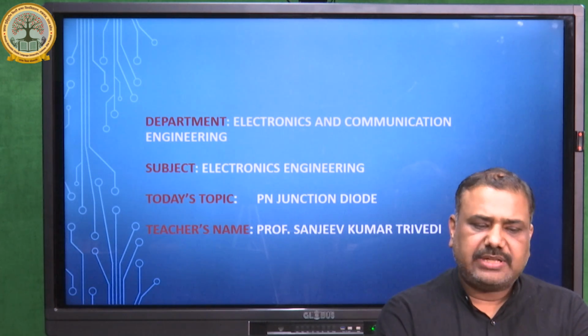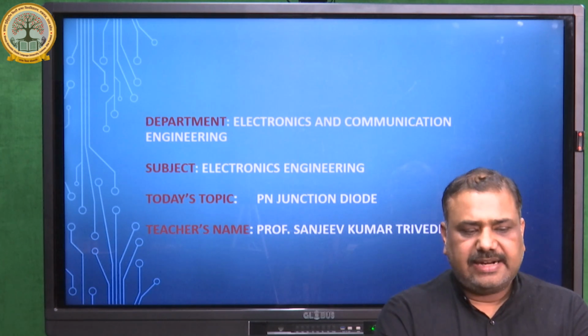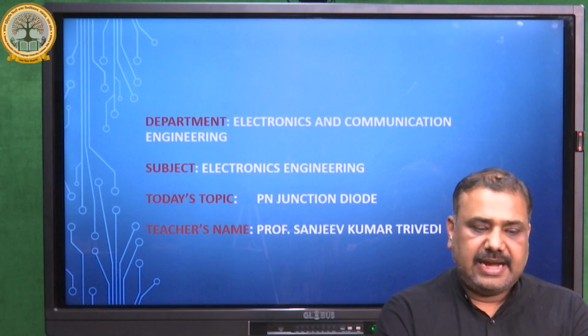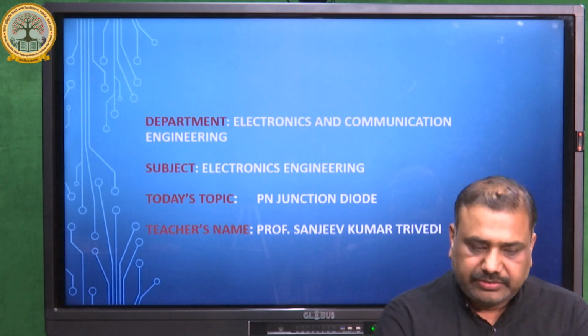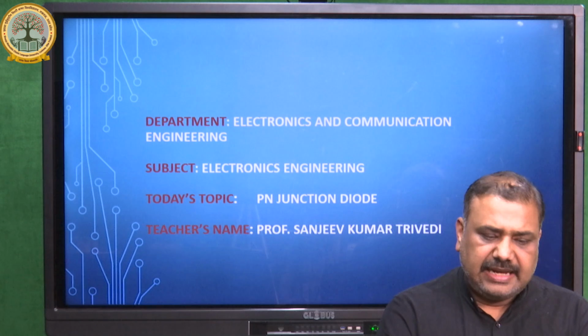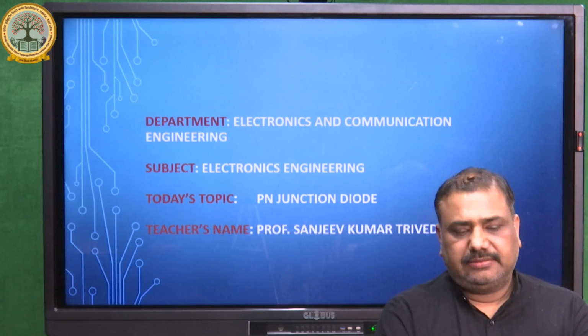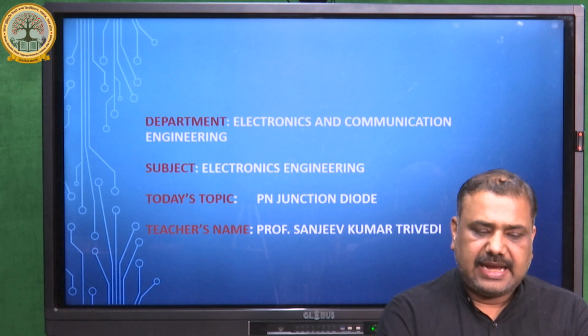Due to the space charge region on either side of the junction, an electric dipole is created, and due to the generation of the electric dipole, an electric field is created. Due to this electric field, an electron on the P side of the junction moves to the N side of the junction. This motion is termed the drift.